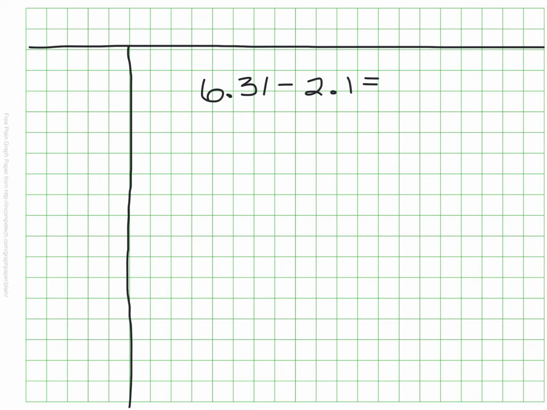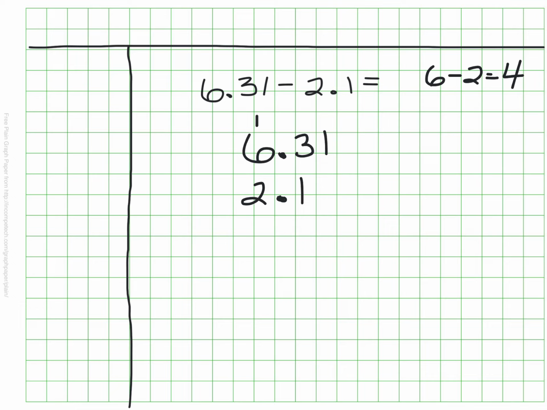I'll do my estimating first as always, right? So this is about 6, and I'm subtracting about 2. So my answer should probably be somewhere in the ballpark of 4 if I do this correctly. My larger number is the 6 and 31 hundredths. I'm going to make sure my decimal is lined up, and then I'm going to do my 2 and 1